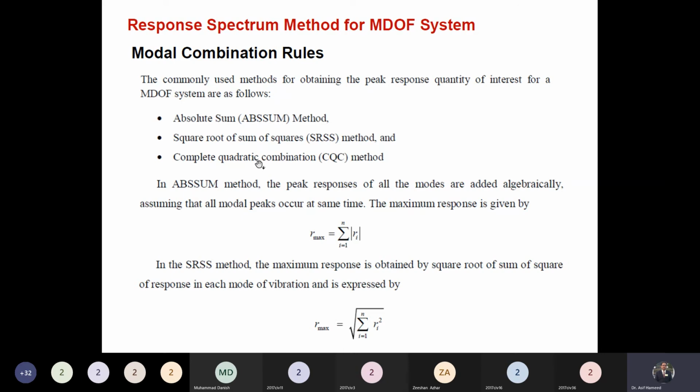Another method is, in this we have 2-3 other empirical formulas. So we will use these simple combination rules to find out the total response. ठीक हो गया? इसको आप देख सकते हैं, अगर कहेंगे तो मैं फॉर्मूला इसका भी शेयर कर लूंगा आपके साथ. So these are different methods to combine the responses in the different modes. By using the modal combination rules, we can combine the responses and we will have the total response.